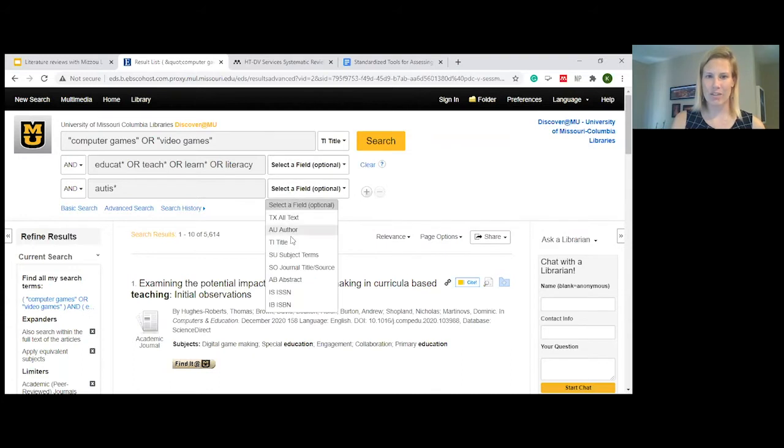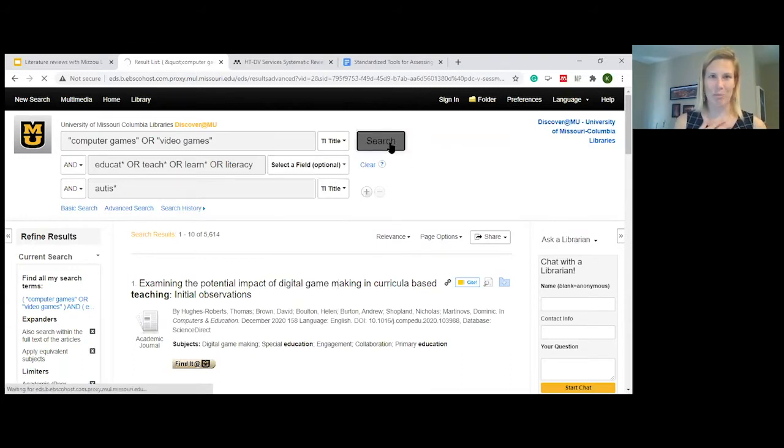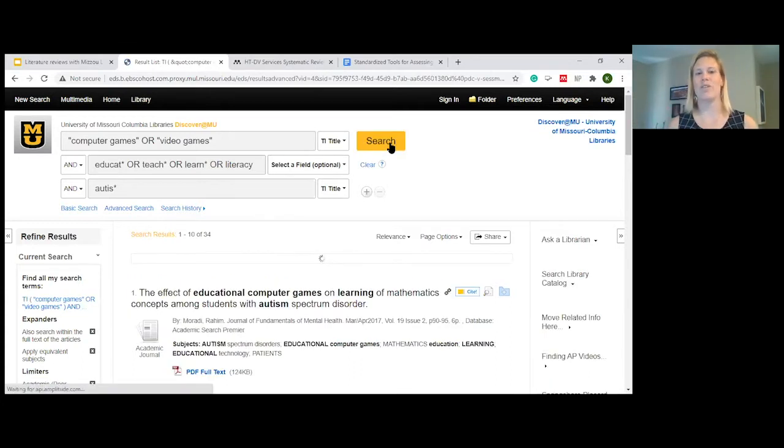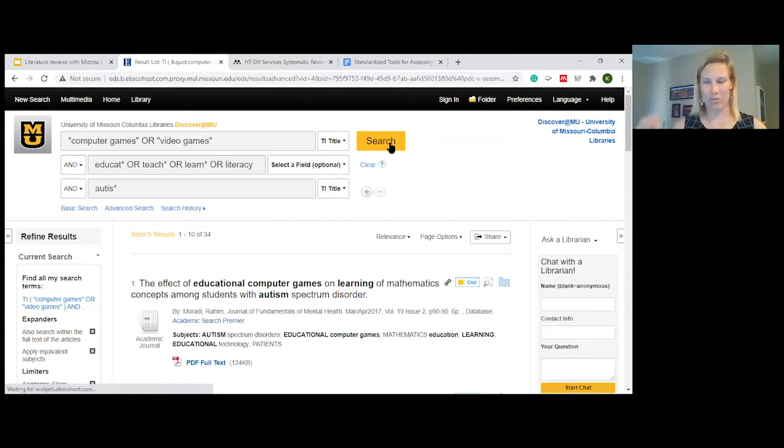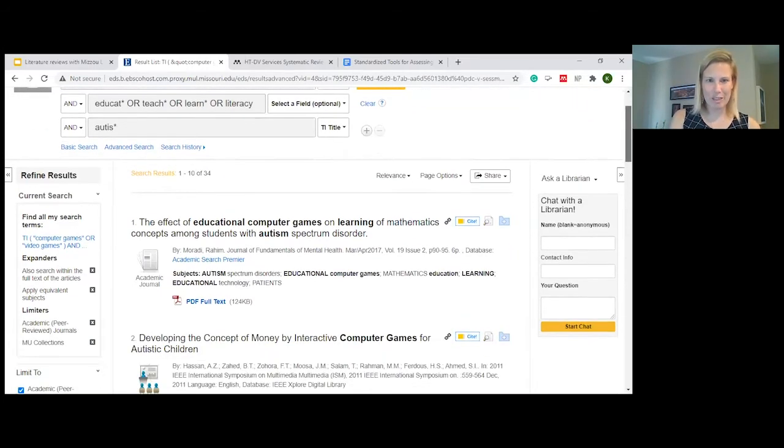So I'm just going to change a few of these to title so you can see the difference it makes. Again, this is just an example search. But again, you would keep track of all of these different details so that when you wrote it up later, everyone else would figure out how you got to this point. Because now I only have 34 articles. That's actually a pretty small number to work with. So if I'm doing the background for an article, I don't need to be comprehensive. This is really useful. Okay, so that's a little bit about searching.